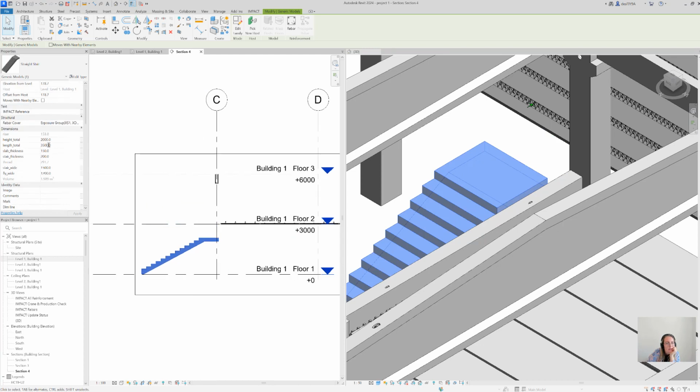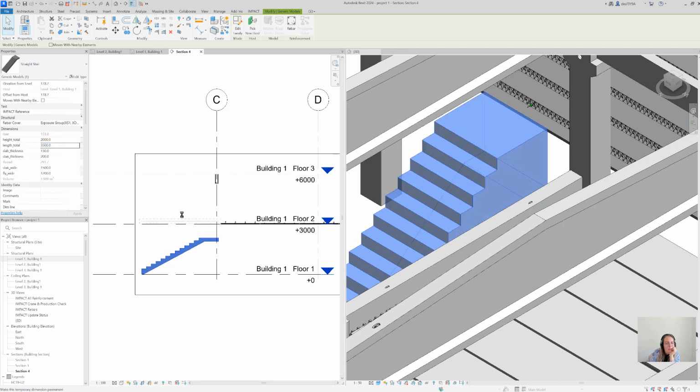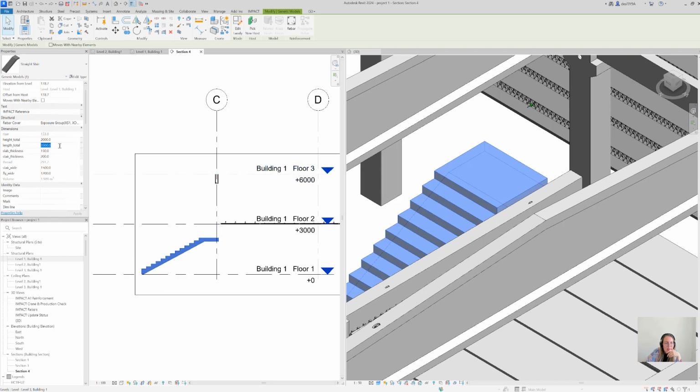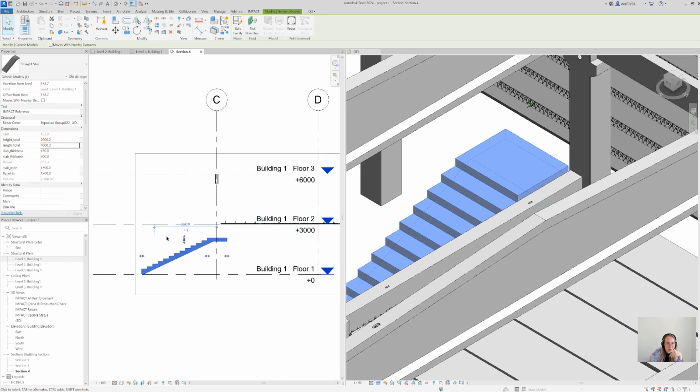In this case, we can set it to 4,000 for the length, but we can also change the height,